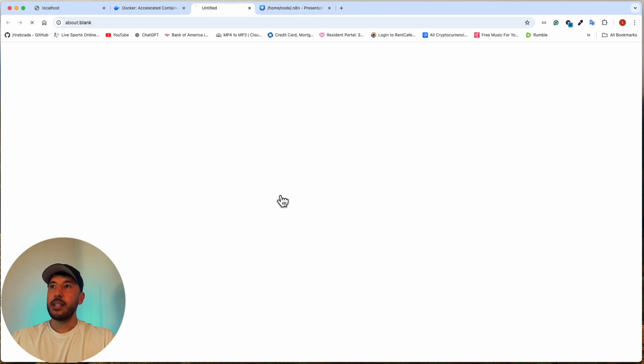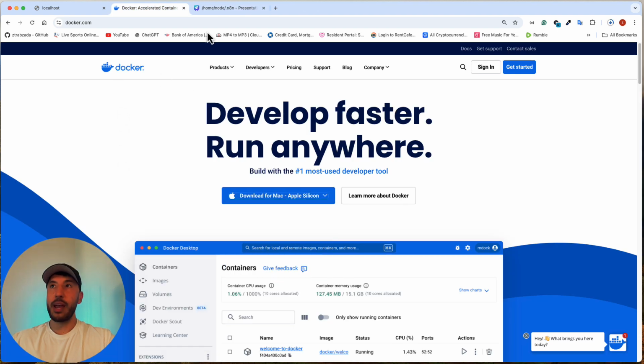I'm going to double click on this and it's going to download my application. Once you do that, go to your downloads and double click on docker.dmg. It's going to ask you a few questions to install, and once it's installed, you can go to your applications and initiate Docker. I've already done that, so I'm going to open the Docker desktop application.